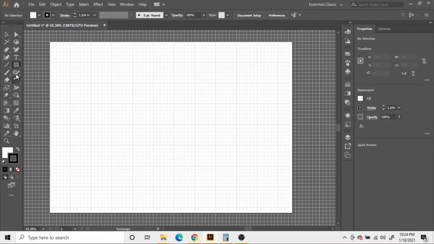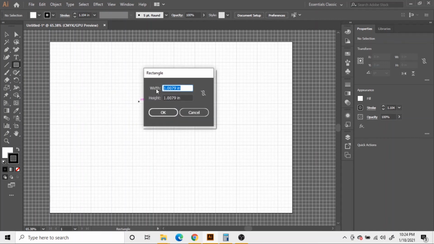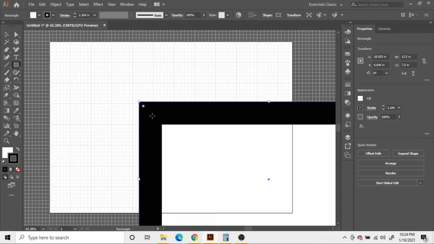And then if you select the rectangle tool here and click once here, you will get this dialog box where you can dial in your dimensions of the flat. So the width of this flat is around 12.5 inches, and the height needs to be, you can say width is basically the length and height is the width of this building. So the width of the building is how much? 7.5 inches, and press OK.